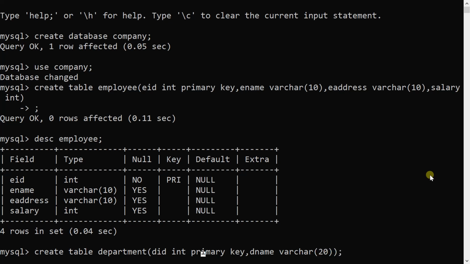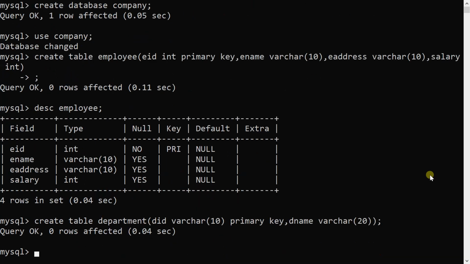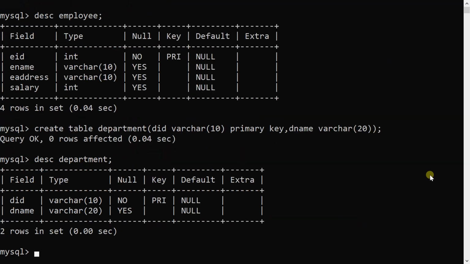We will take here instead of int we will take varchar only so that it will be easy to understand. My table is created. I can see the structure of my table with the help of describe department. Here you can see there are two attributes DID, primary key and DName.